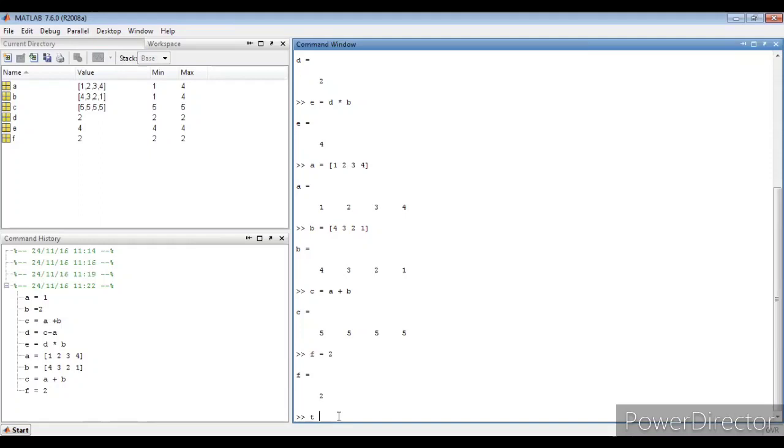and let us have samples in the time domain, t is equal to 0 colon 0.001 colon 1. Now what is the meaning of this? The starting value is 0. In the interval of 0.001, 1000 samples have been taken here, because it is 3 decimal places what we have taken, and the highest value is 1. So this increment takes place from 0, 0.001, 0.002, 0.003 till it reaches the value 1.